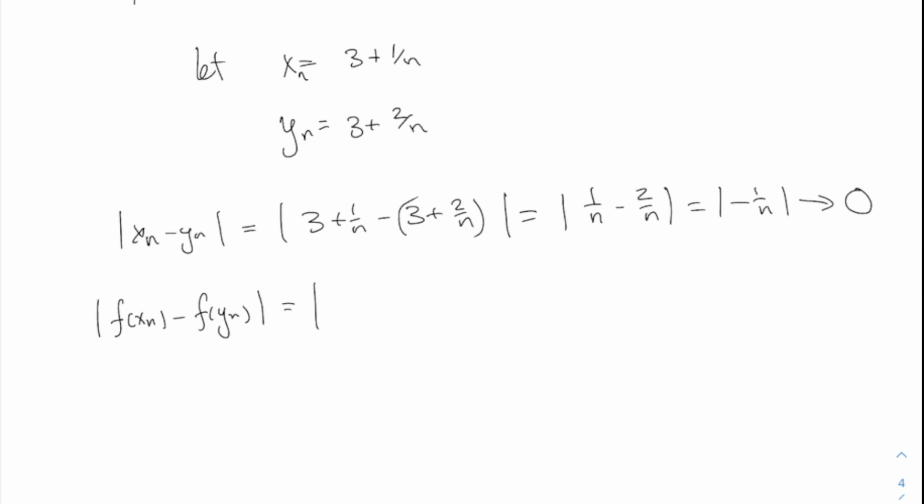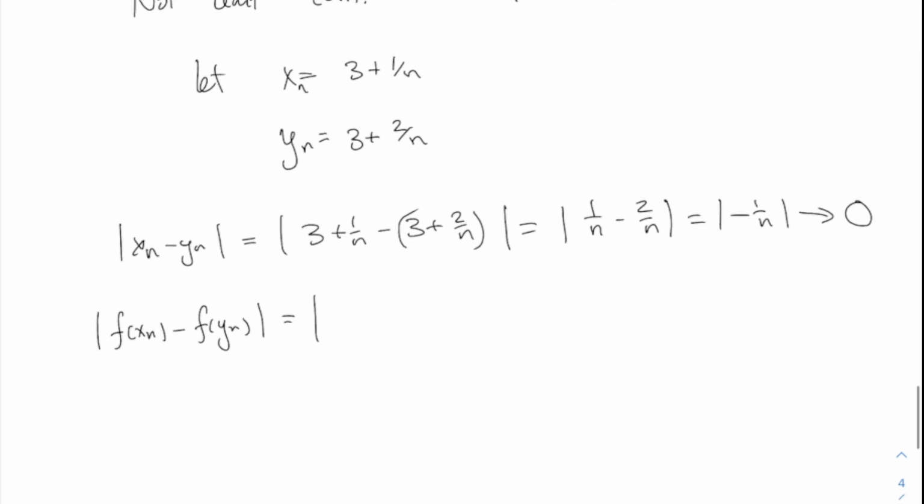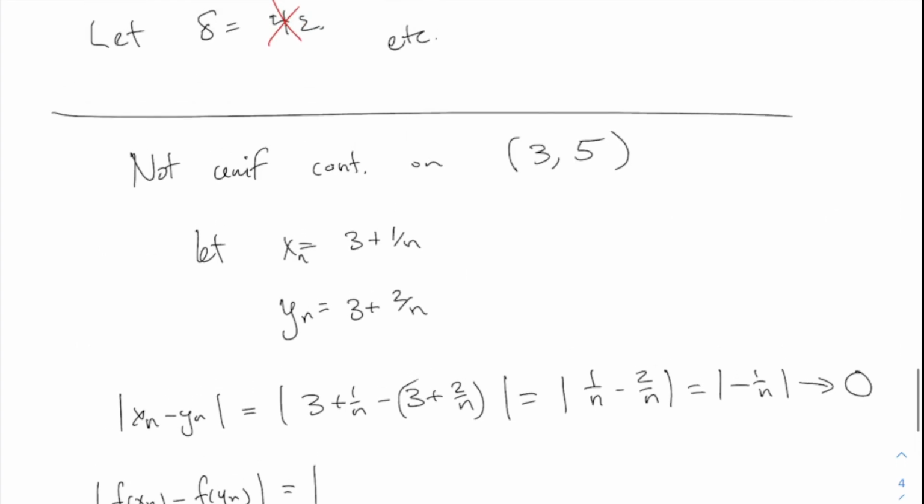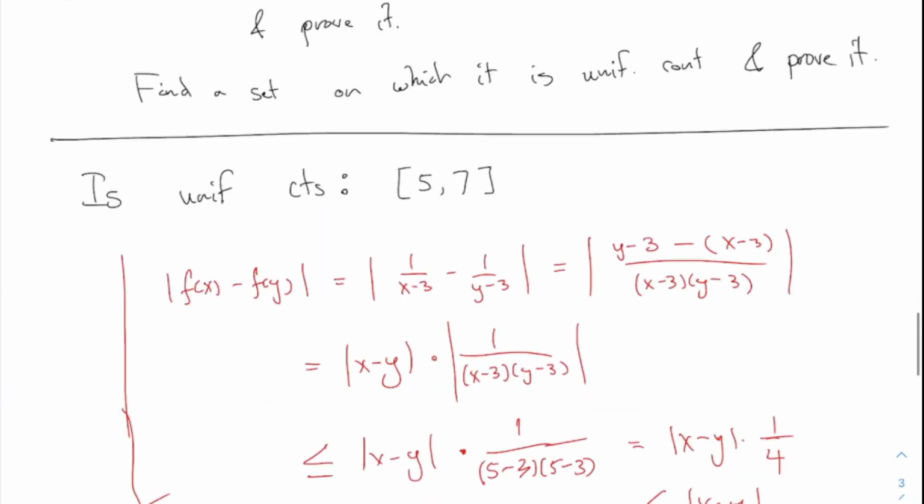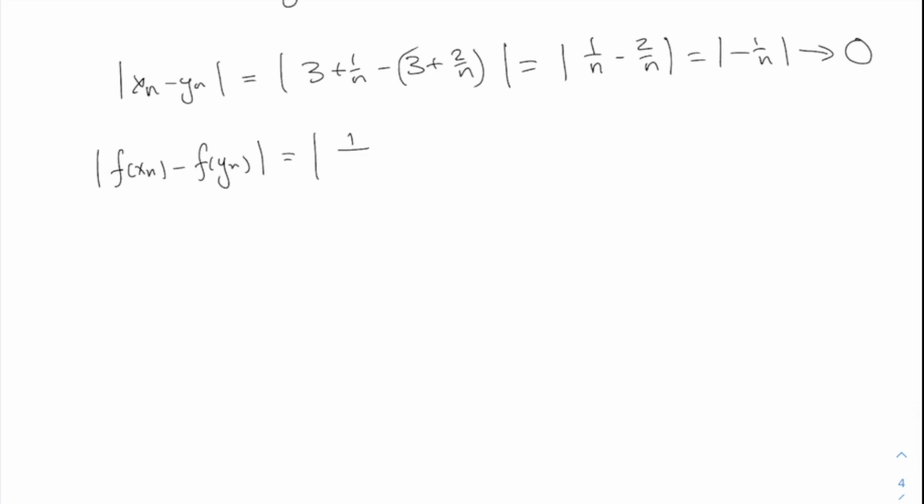If I have a very complicated function, actually, I find it would be helpful to use a computer to do all the simplifications for you. You can do that if you want to, although not on our test, or it's not terribly useful for a class such as this. But in real life, I would use a computer to do all this simplifying. What? I've forgotten my function. 1 over x minus 3. Okay, so this is 1 over 3 plus 1 over n minus 3 minus 1 over 3 plus 2 over n minus 3. All right? This is kind of an ugly thing to have to simplify, but